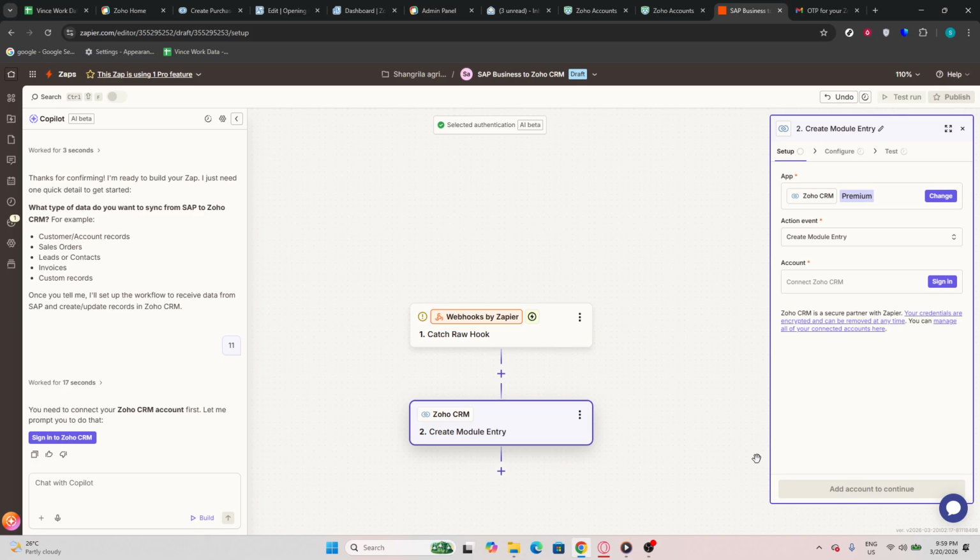Next, you will need to click on Account. This will open a section where you can manage your Zoho CRM account settings. Make sure you have your Zoho credentials ready for this step. Finally, click on Connect Zoho CRM. This action will prompt you to log into your Zoho account if you are not already signed in. Enter your credentials and authorize the integration to complete the